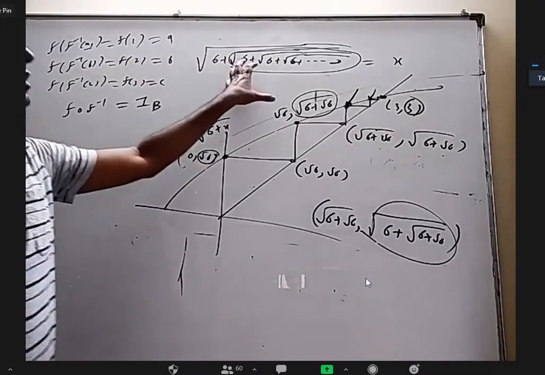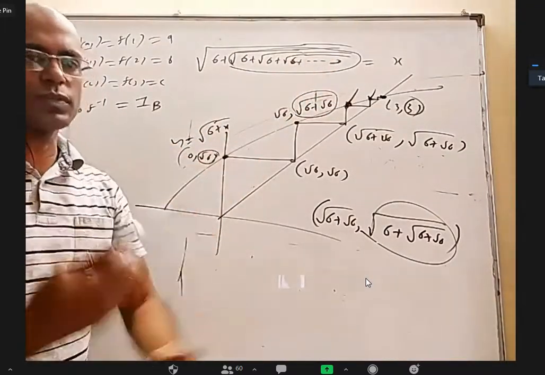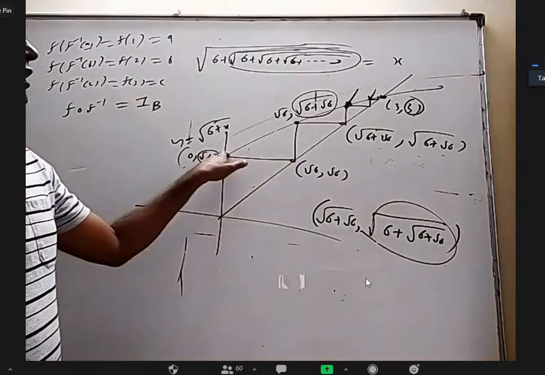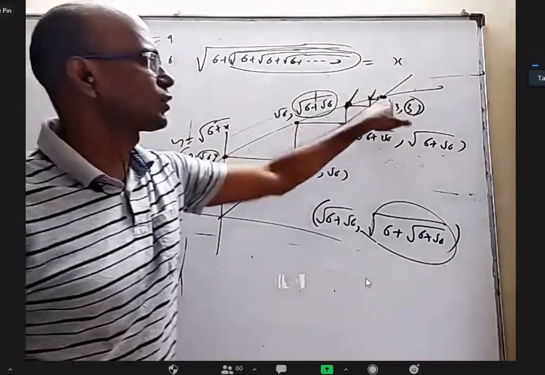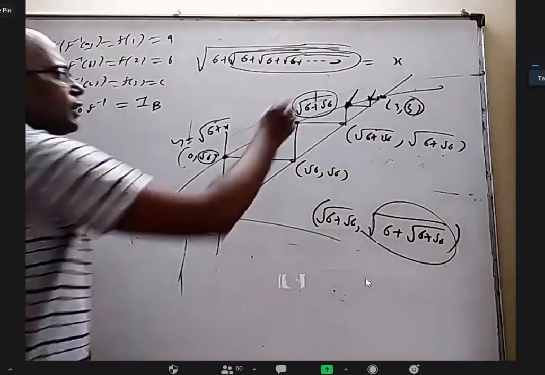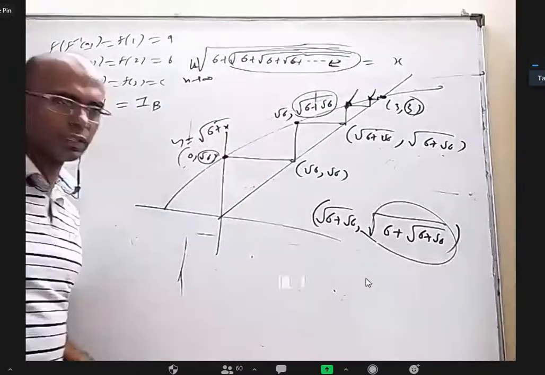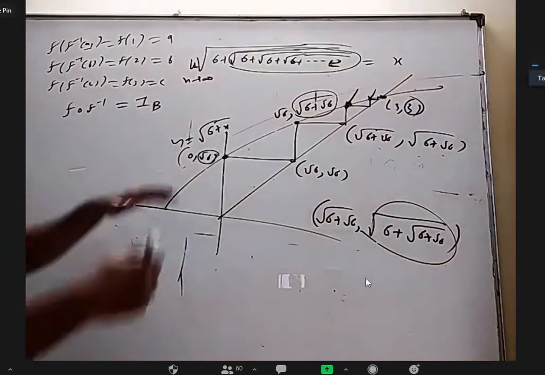Actually, it's a series. It's not up to infinity, it's up to n terms. As the number of terms tends to infinity, we can see how the values are tending to 3. Anyway, we are studying limits, so you can write up to n terms and write limit n tends to infinity. Your answer will be 3. That's what it is.